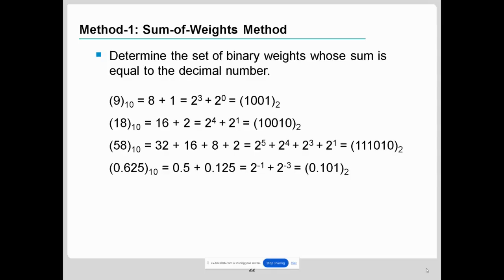So what is the weight of an minus 1? It is 2 to the power n minus 1. What is the weight of an minus 2? 2 to the power n minus 2. What is the weight of f1? 2 to the power minus 1. So what is the weight of fi? 2 to the power minus i. So now we have,